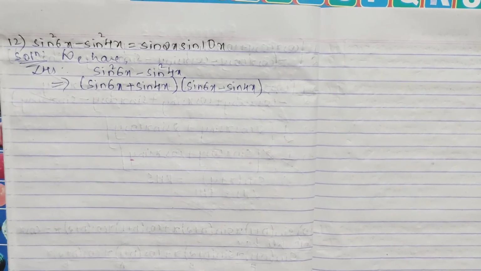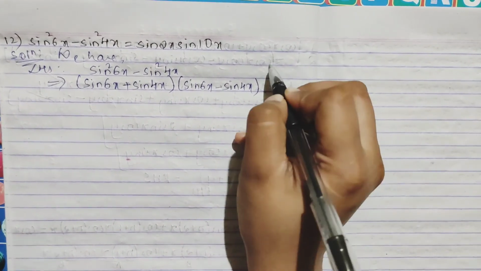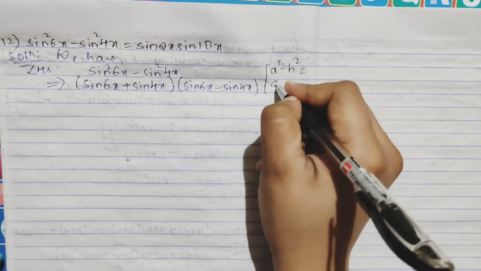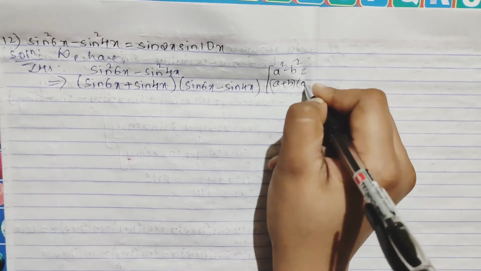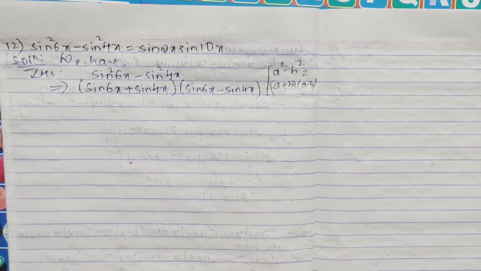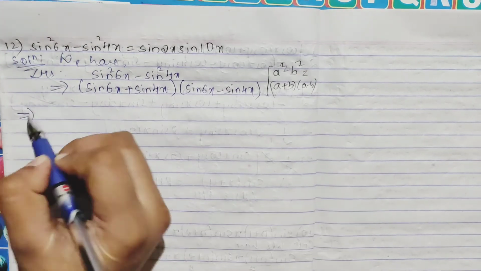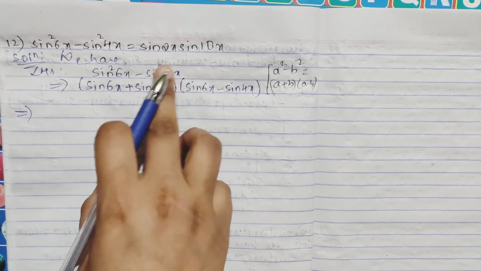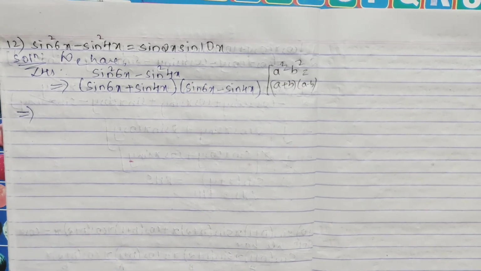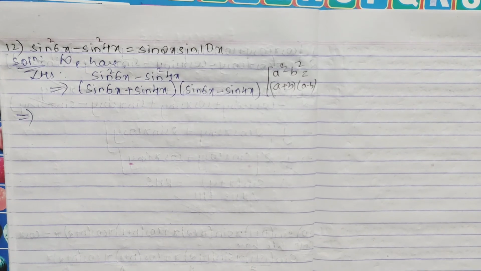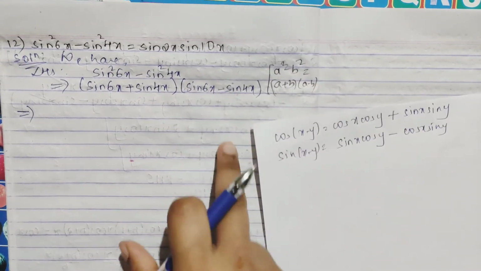So I guess that identity also I have to write. See, a square minus b square is that form which is a plus b into a minus b. So I have written it. Now here you see, this is in the form of sin x plus sin y, right? Sin x plus sin y. Here I don't have space, so I am writing on another paper. Please write here only.